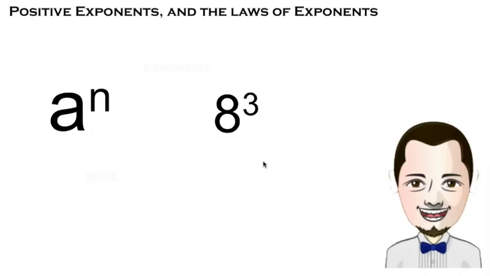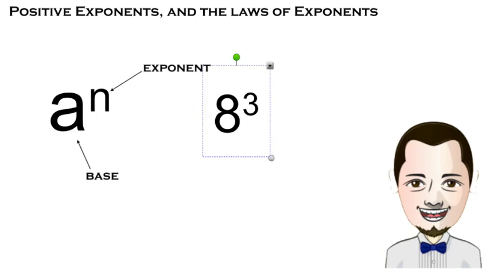So we're going to be talking about positive exponents and the laws of exponents. Normally when you take a look at the notation here, you'll see that we have a to the n. Now that a is often referred to as the base, and the n is often referred to as the exponent. So we can read it as the nth power of a or a to the power of n, which I generally prefer. If we take a look at the example over here, 8 to the third, so that means our